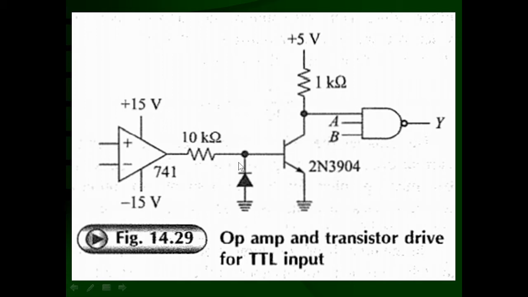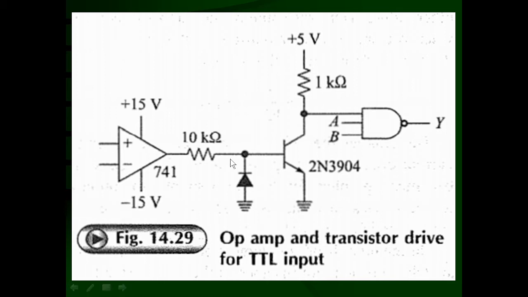Now you will be having the question why diode D is going to be placed here. When the output of the op-amp is going to be minus 15 volt, the base emitter junction is going to see minus 15 volt, which is well above the excessive reverse voltage VB maximum. It can tolerate up to minus 6 volt only. If it is more than minus 6 volt, reverse bias is also going to break down. And you have seen that in a PN junction, when the reverse bias breaks down, that means avalanche effect will start and high current will flow.